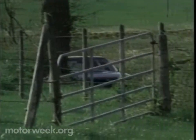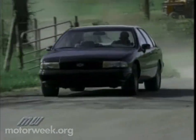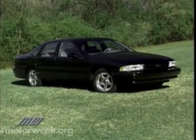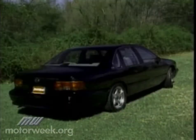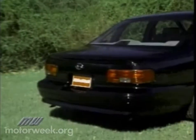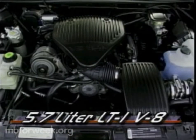But while the General has decided that its full-size cars are no longer marketable, Mr. Moss still sees a lot of potential in them. So he built this car. Like the last Chevrolet Impala SS we sampled, this one-off engineering exercise is big, black, and bristling for action. But this SS is different. For a start, there's extra menace under that glistening ebony finish, such as this heavily modified version of the stock